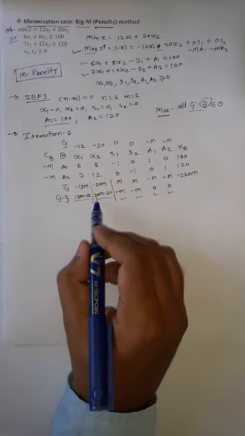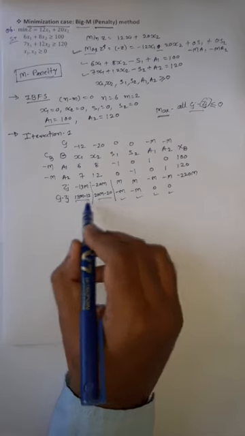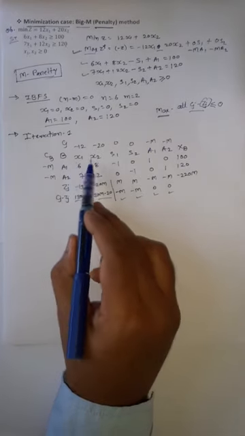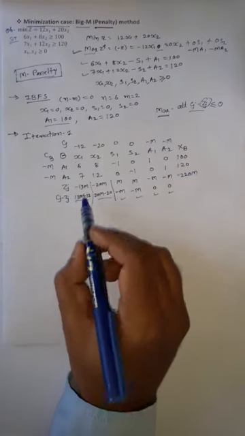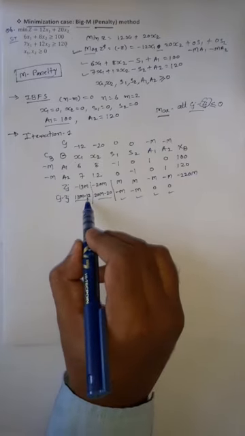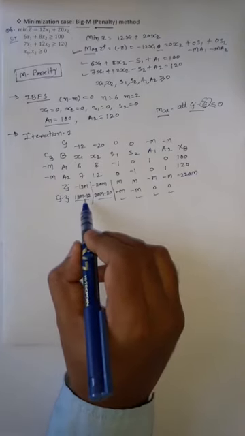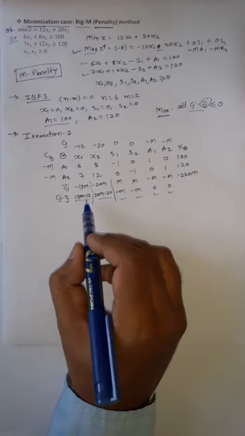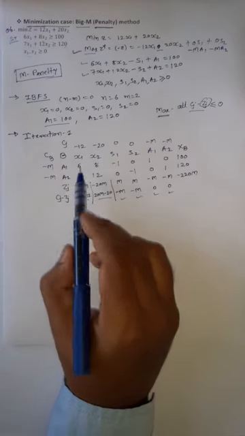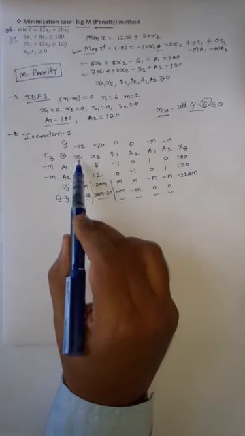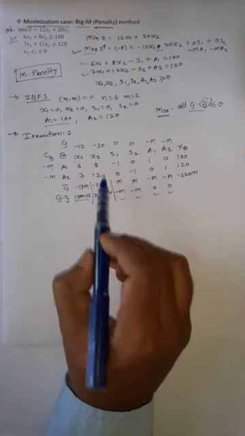Now compare which will give us the maximum profit between these two, either x1 or x2. So for that, compare the value of Cj minus Zj. It will indicate the net effect, or the net profit we gain by selling or producing a particular unit, say either x1 or x2.